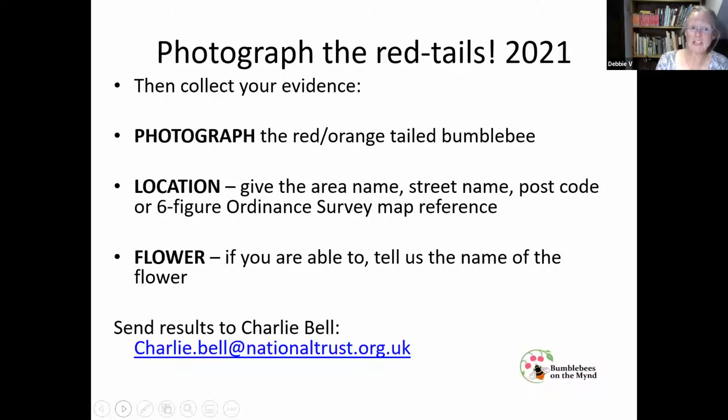We would like a location because, as you can see from the project last year, we need to be able to pinpoint an area where that bee was seen. Don't worry if you're not used to using 4-figure Ordnance Survey references, although they are very useful. You could just give an area name, a street name, your postcode. Those will all help us to pinpoint where it is. There's a very good app that Ordnance Survey will provide for you, where you can actually get it wherever you're standing. It will give you your 6-figure coordinates. So if you're happy with